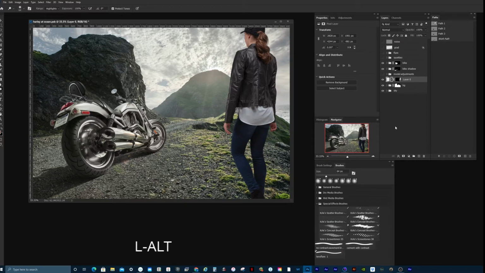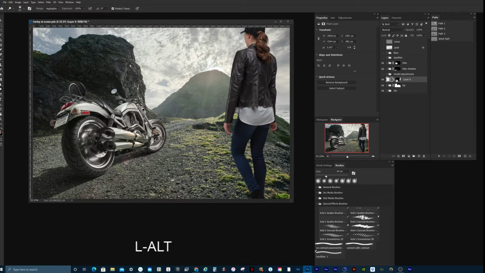Today we're going to go into the Path Blur tool and show you how you can use it to blur a person and give her more of a realistic kind of motion feel to her. So right now I have the model right here on a layer,